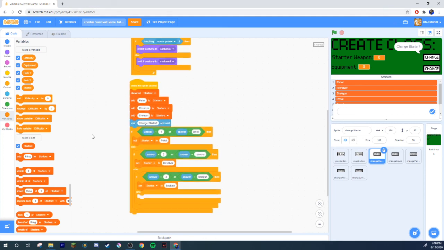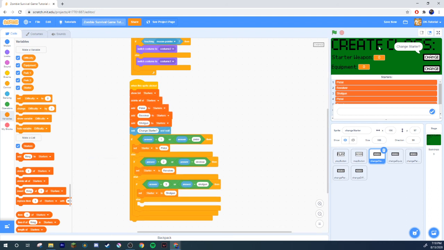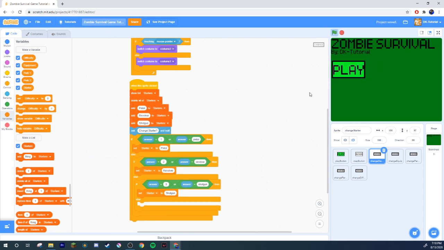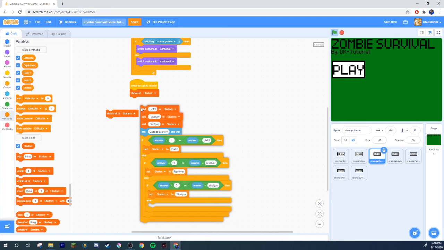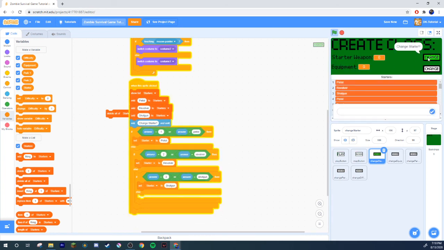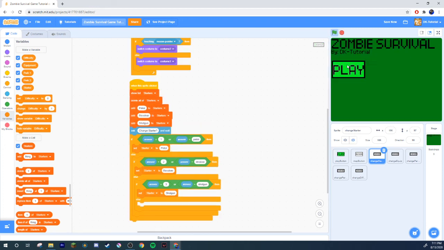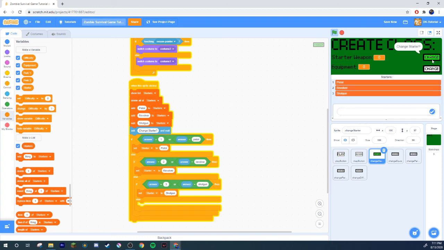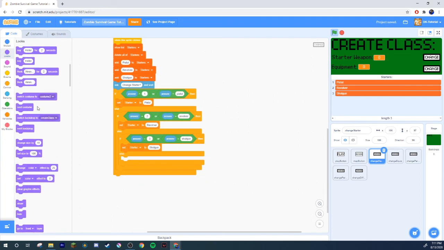I think I should also do a delete all of starters when the sprite is clicked. Because if we didn't have that, I could just do this and keep adding a bunch of them. We don't want that, so I'm going to put that in there. See, it asks a bunch if you keep spamming it, which is kind of annoying. But if they do that, that's their problem. And then otherwise, it'll say